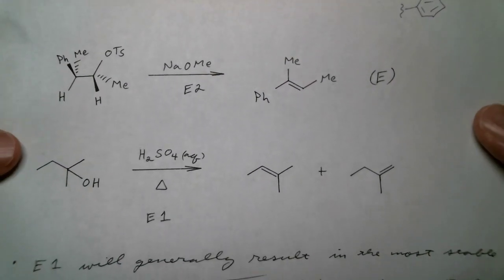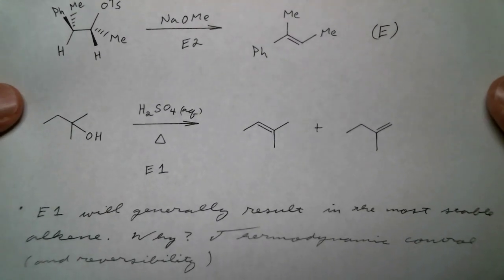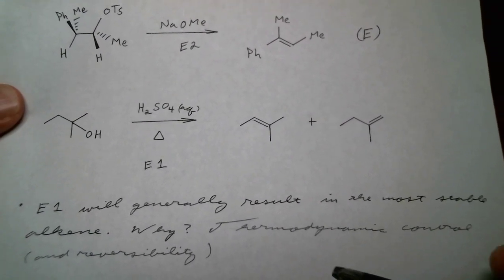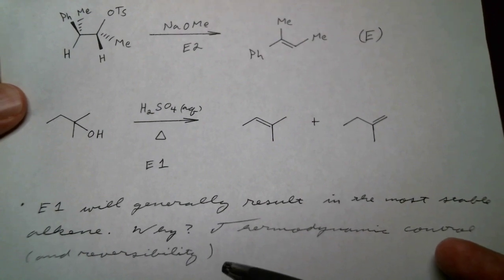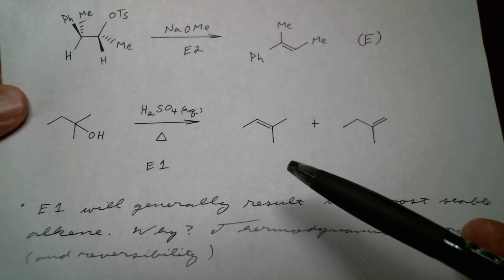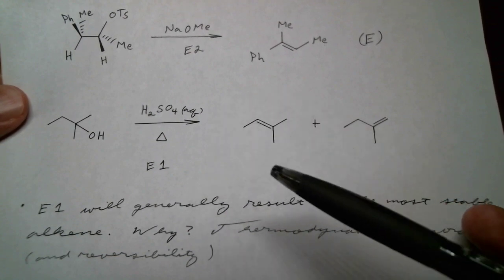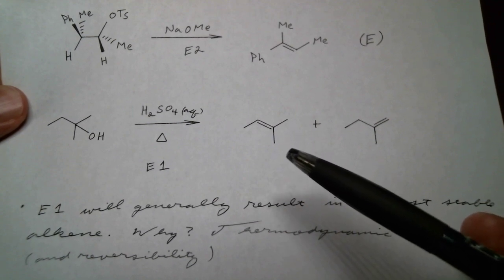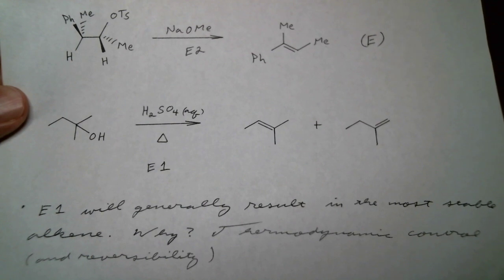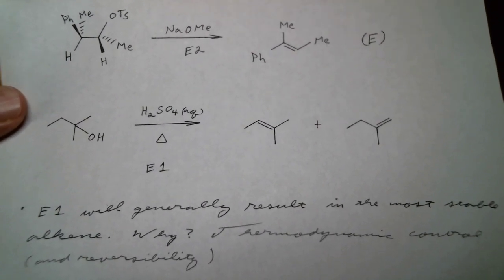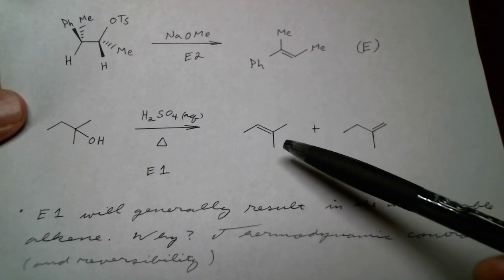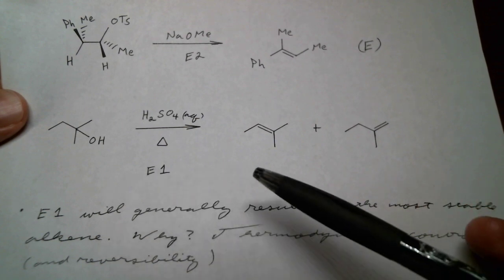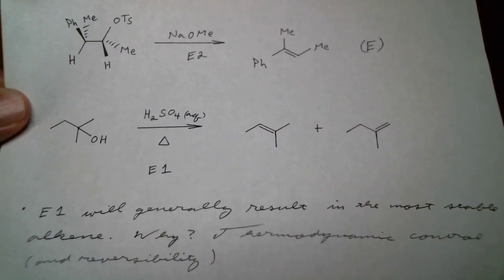How about E1? Well, E1 will generally produce the most stable alkene, and we ask why. Well, it's under thermodynamic control, and there is reversibility for E1 reactions. So we tend to sink to the most stable product, which in this case would be a tri-substituted alkene versus this di-substituted alkene. And by reversibility, what I mean is our alkene can be protonated and again form a tertiary carbocation by this strong acid, and that's actually the next